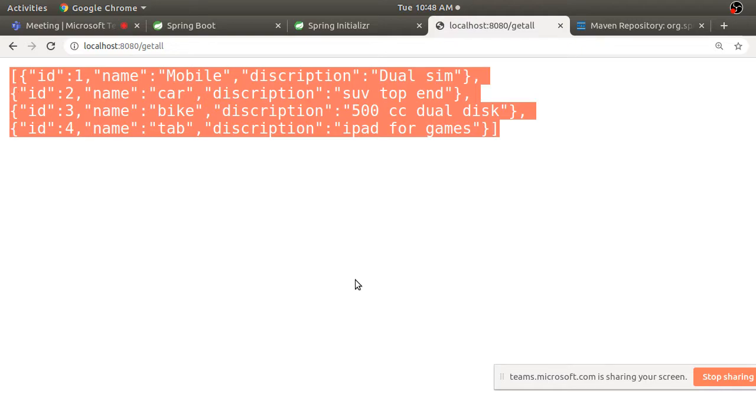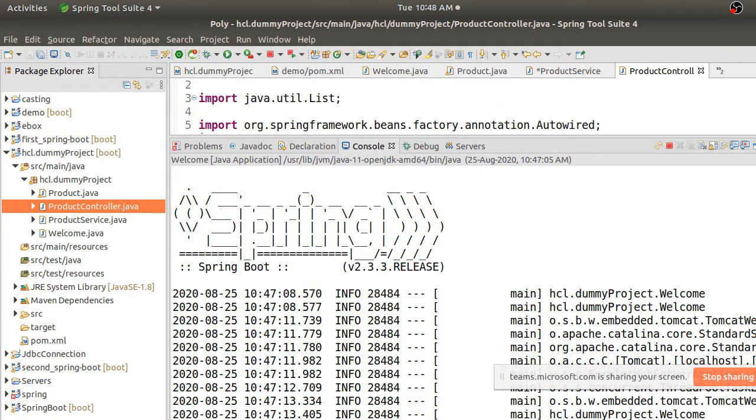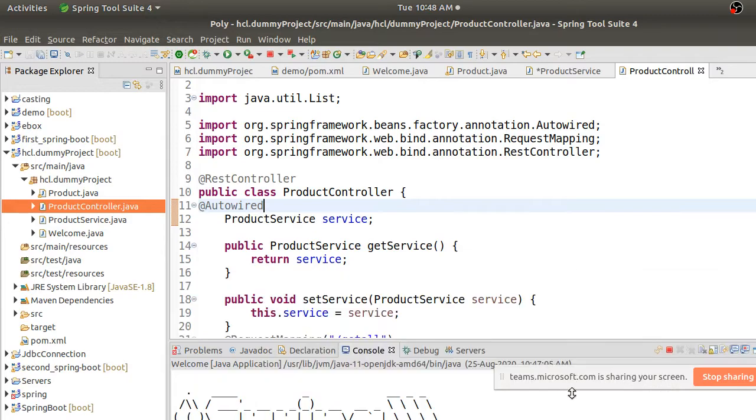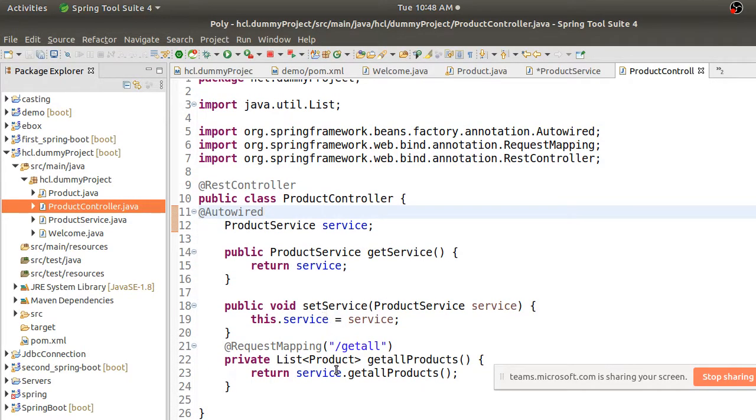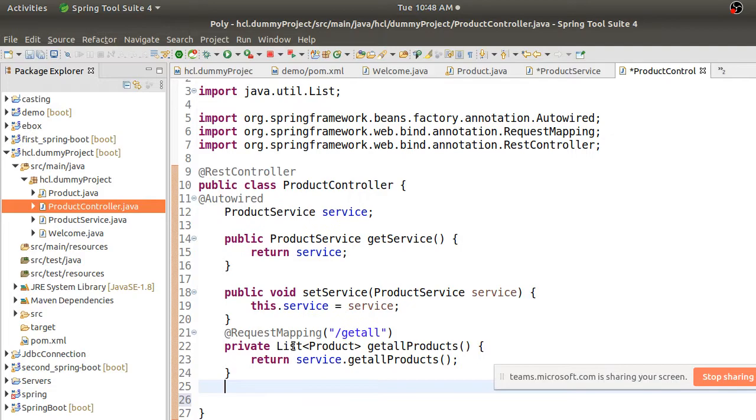Okay, so this is about getting the values, right? Similarly, you can have one record. Say if you pass an ID, you can get one record out of it, or you can design your classes in such a way that you have a post request. So let us see the different requests being done. For that, I have already done one small project so that I can use that. Or okay, I will do a few of those, and then we can see the remaining part.